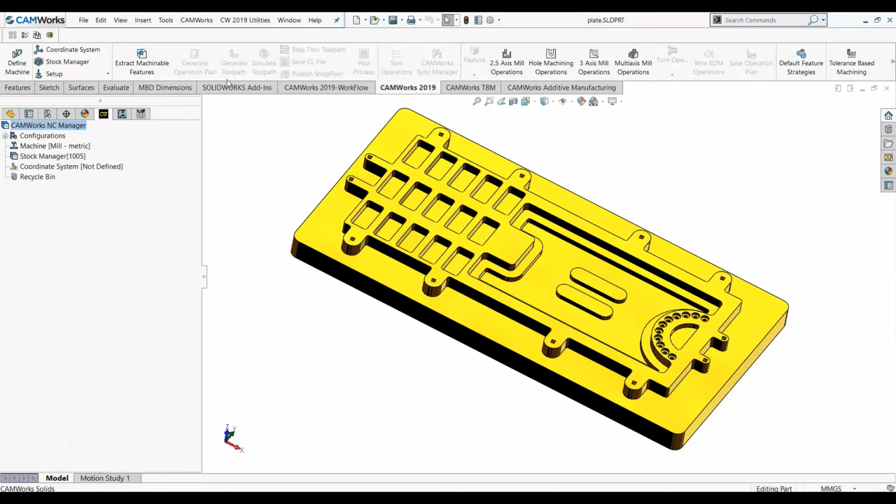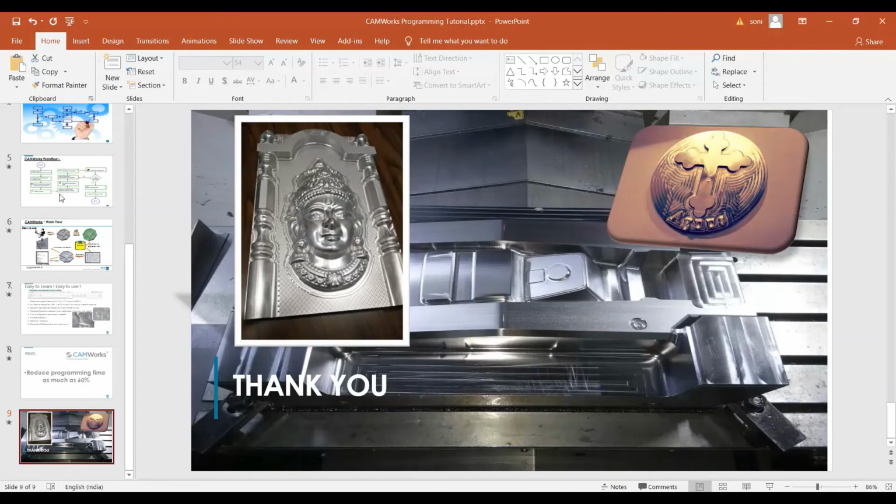Okay, now over here you can see that all the tools are grayed out. So after clicking on them you won't be able to activate them. They will become active only after the basic procedure which you need to follow. So let's get back to the PPT.